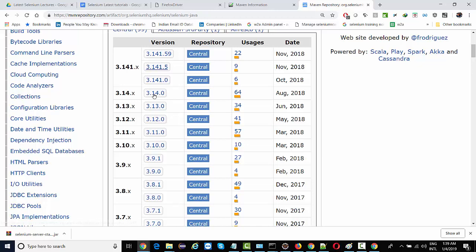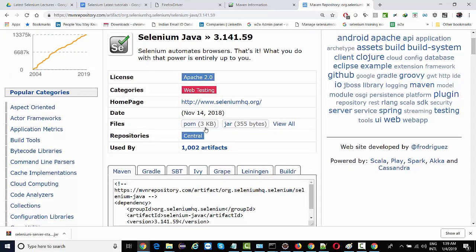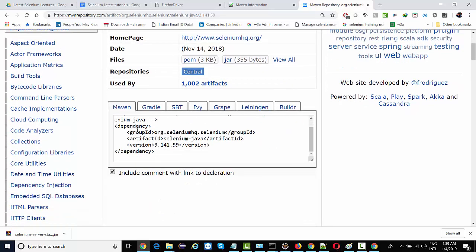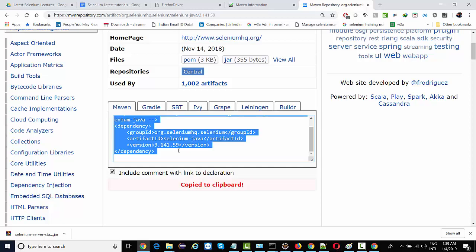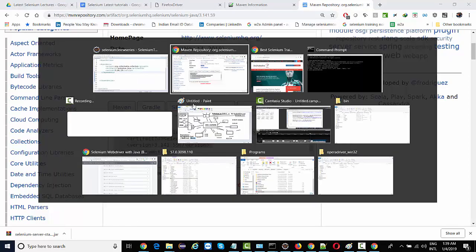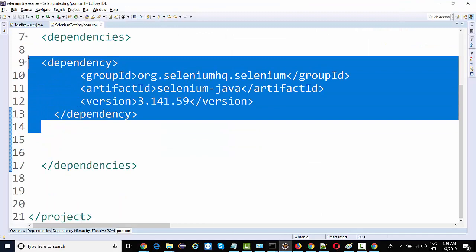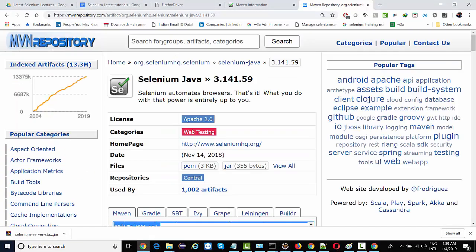You can download any of these jar files. If you click over here, you'll get a jar file from here. Instead of the jar file, download this Maven dependency, 3.141.59. Copy and paste it to your pom.xml like this. We have already done it, right? Same way, instead of this, if you want something like